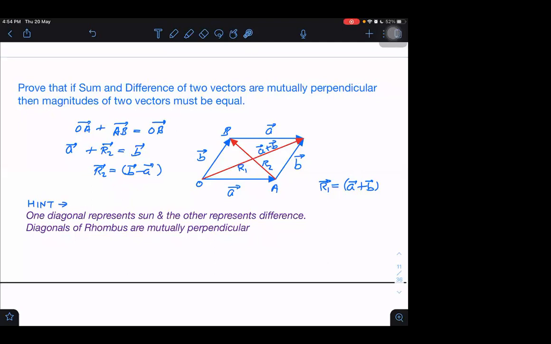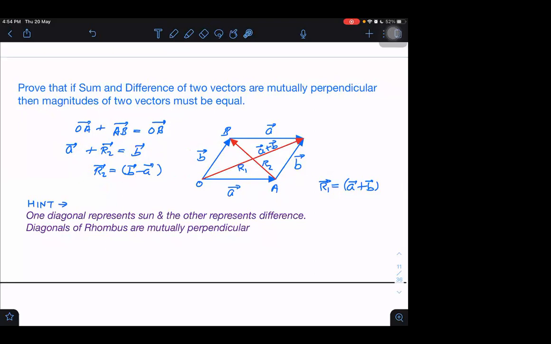So this confusion can be for anyone. Even I also may get confused. Whenever I get confused, what will I do? I will do it in this way. Always think in this way. These two are in same order. When two vectors are in same order, then they represent the vectors which are to be summed up. And the vector which is in opposite order, this B vector, will be the resultant. B vector is the resultant of A and R2. Therefore, R2 is the difference of these vectors. R2 is not the resultant, R2 is the difference. Or I can say R2 is the resultant of B and minus A. R2 can be regarded as a resultant, but of B and not A, but B and minus A. Understood?